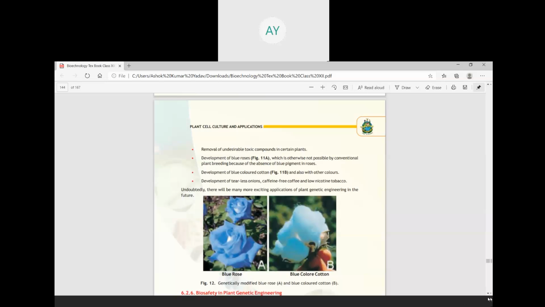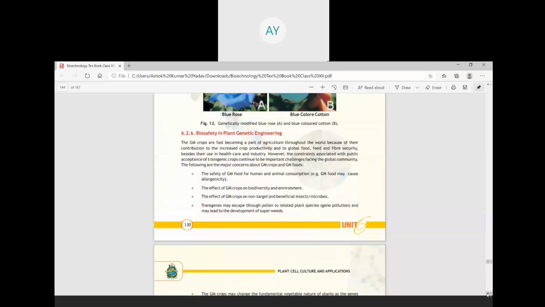Now, biosafety is the most important issue in plant genetic engineering. Scientists have the target to feed the increasing population of the world at global level. So scientists have developed a lot of varieties of agricultural crops that are transgenic against insects, pests, bacteria, fungus, virus, and improve the quality of seed regarding vitamin content, protein content, and starch content. So the motto for the creation of transgenic crop is to feed the global population, feed the animals,